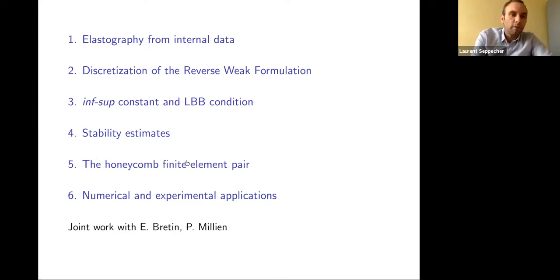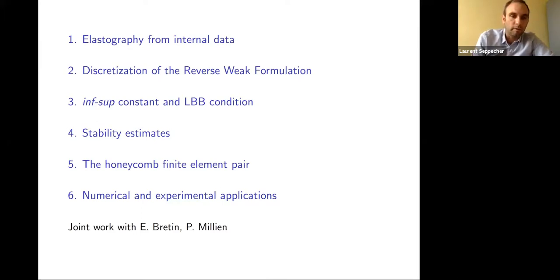And after this theoretical part, we go back a little bit to practice, and I will show you a quite nice finite elements technique, which is very well suited for the inverse parameter problem, okay? Which is not great for the forward problem at all, but is really good for the inverse problem. And we'll see that it's nice to consider different finite elements, different discretization, when you go to the inverse problem instead of the forward problem. Then I will show you some numerical and experimental